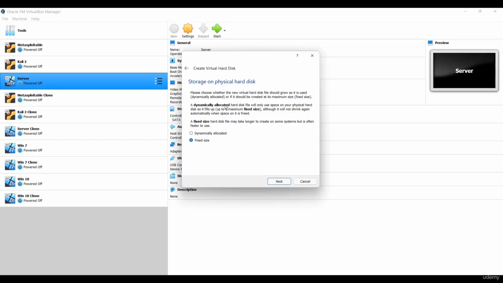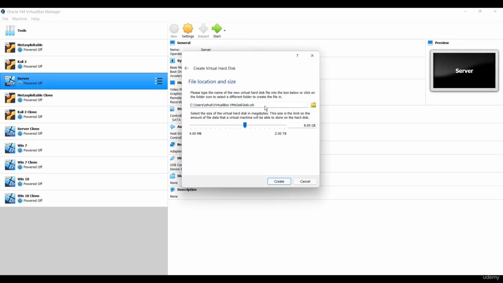So the rest of the free space will be available to use on your main system. But if you select the fixed size, it says a fixed size hard disk file may take longer to create on some systems but is often faster to use. But we would like to select the dynamically allocated because we don't want to reserve the storage from our main system. So click on next.